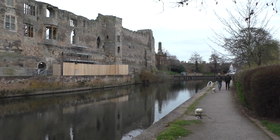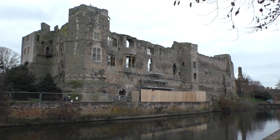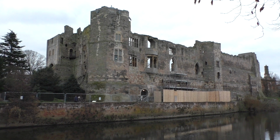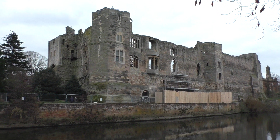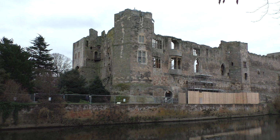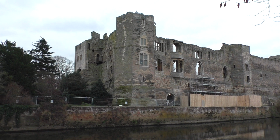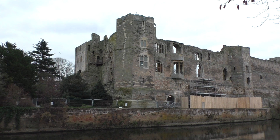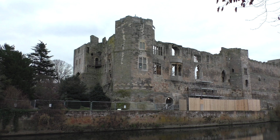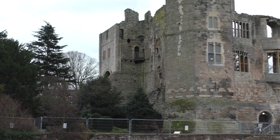And this is one of the reasons why Newark was so important, both during the Wars of the Roses and the English Civil War. It's a nodal point. It's where Roman roads crossed this big wide river, and it was a known crossing place. On the other side of town, at Stoke Field, is the 1487 Battle of Stoke, or Battle of Stoke Field, which was the last major engagement of the so-called Wars of the Roses. Anyway, Newark Castle, and somewhere in that area